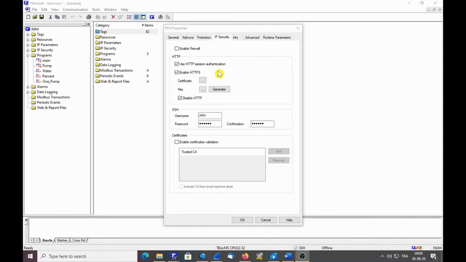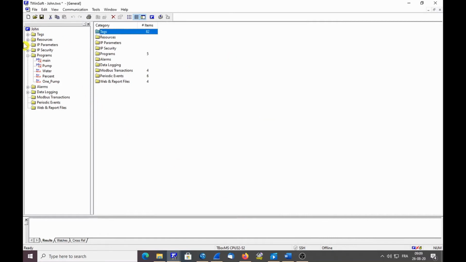Next feature in this window, and an important one, the firewall. When we enable the firewall, we will block all incoming IP access to TBox. Then you have to add exceptions. So I click OK here, and I go into the folder IP Security Firewall, and you see I have a